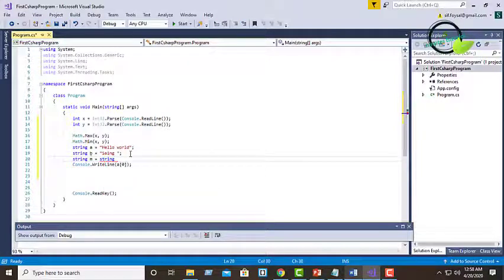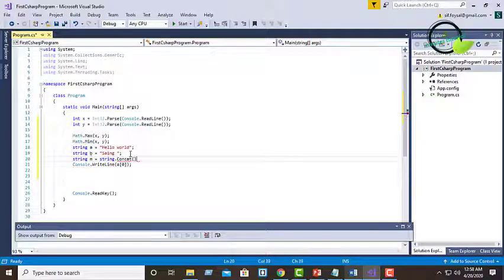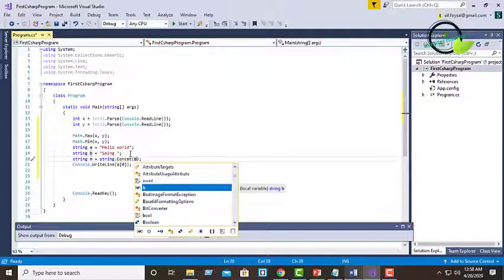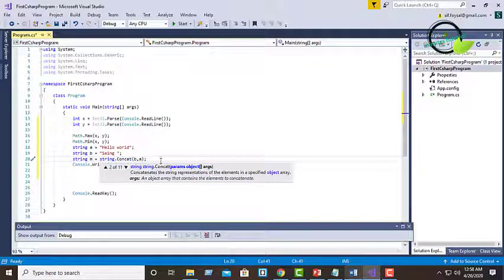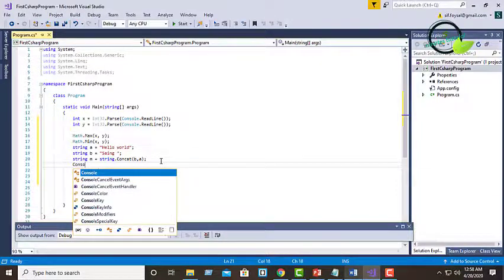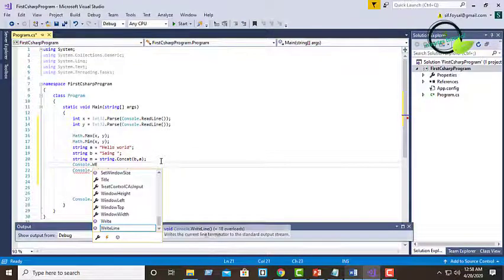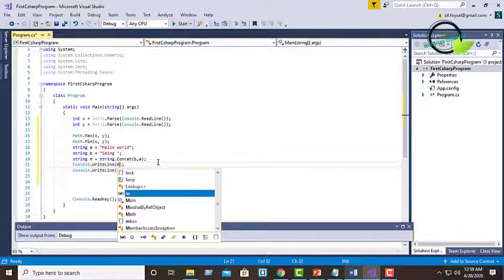String.Concat, so I am giving b as the first parameter and a as the second parameter. So now I will print string m. Okay,